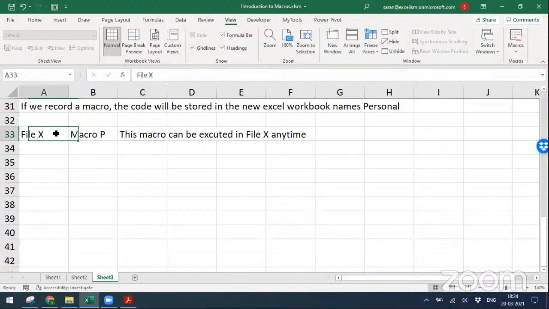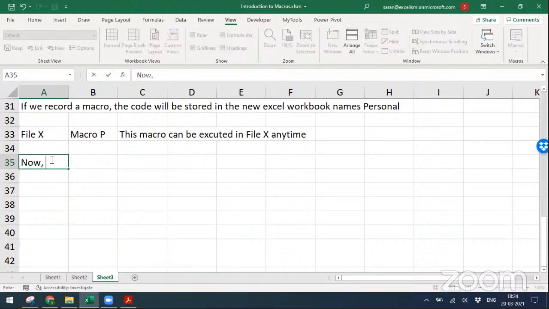Since this macro belongs to this file, you can use this macro any number of times in this file whenever you want. For example, my question is now